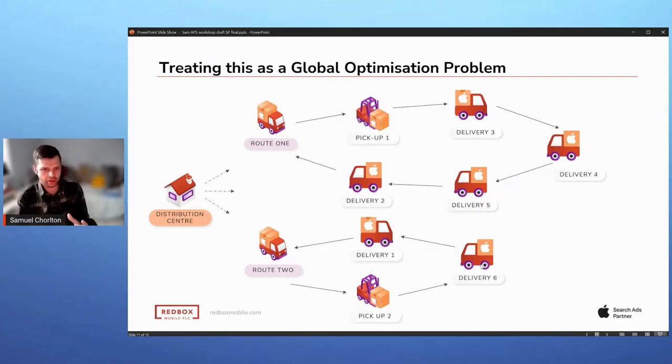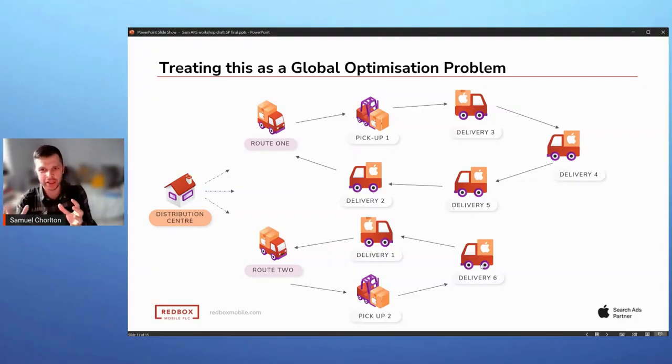When we look at how we optimize for keywords, you've got to remember that for a campaign, you could have hundreds, if not thousands of keywords. And let's say we've gone through that scenario of learning the performance, and I can show you what that will look like in a minute. But when you try and work out how much you should pay for keyword 1 over keyword 2, it becomes something that we generally would refer to in the machine learning space as a global optimization problem. And there's a slight segue here, because I wanted to explain very briefly what global optimization was, using what is for me the most simplistic way of explaining it.